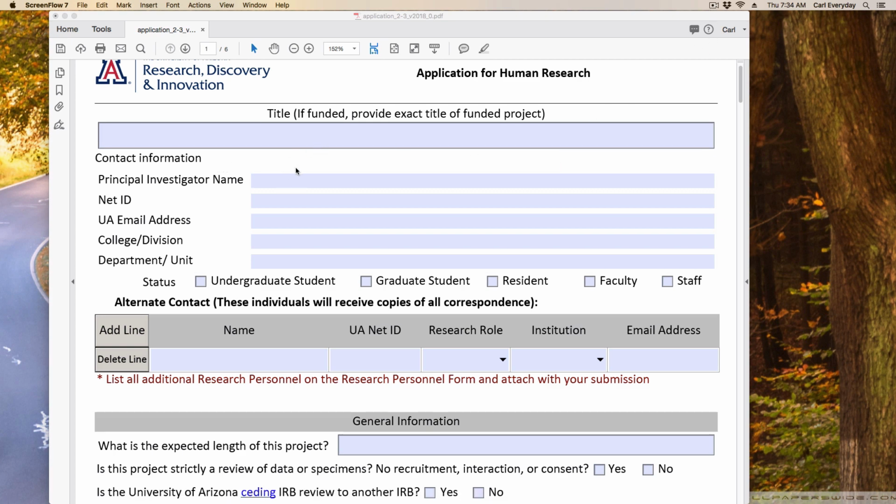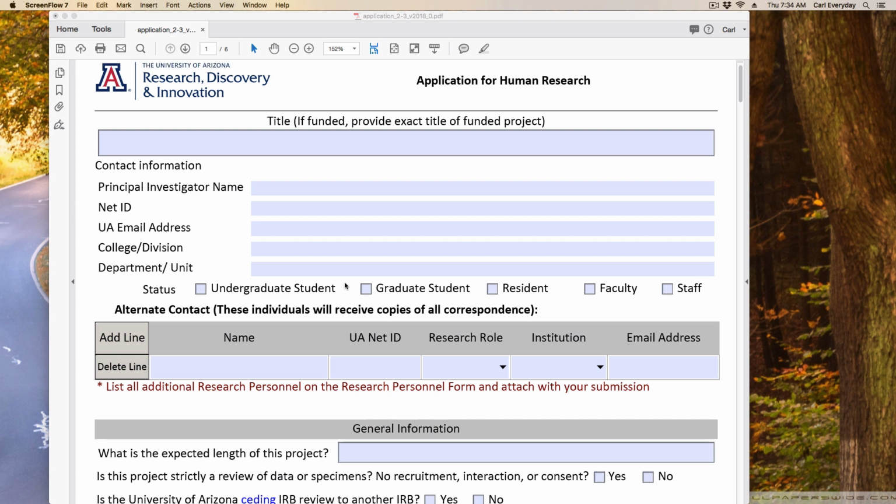This is simple. Contact information. You are the PI. They need a way to contact you, and once you have a project in the pipeline, believe me, they contact you to get you to do updates or ask questions. Up here, the title of the project. Every project needs a title. The reason they ask about if it's different if funded,